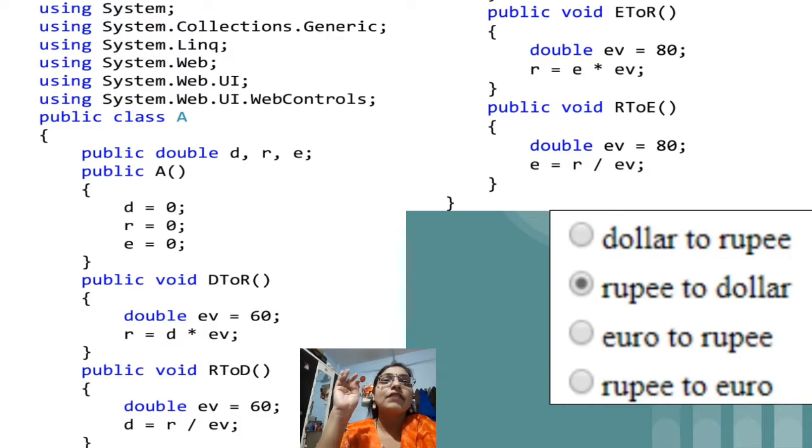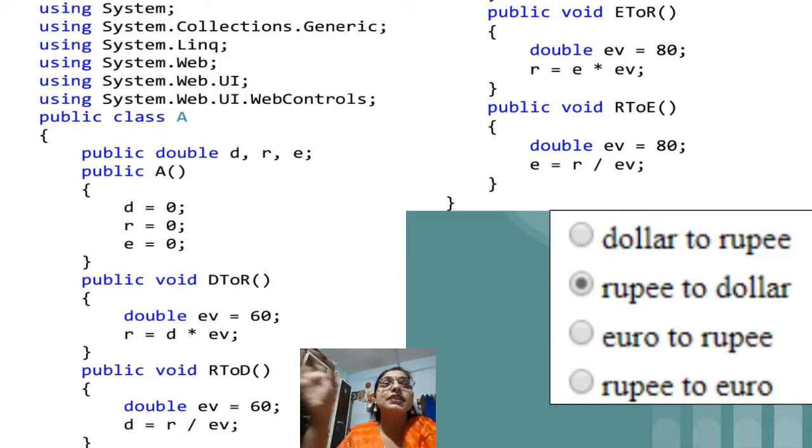Then we have three options, as we are going to have three types of money system, that is euro, dollar and rupee. For these three I have declared three variables, and after the conversion we will also get different output, that is the calculation. For that, the data type I have selected is double.